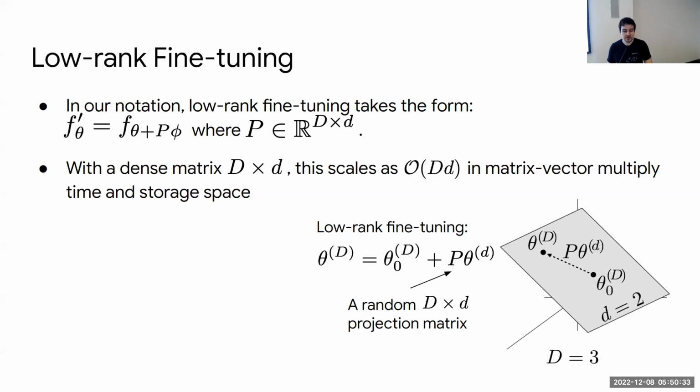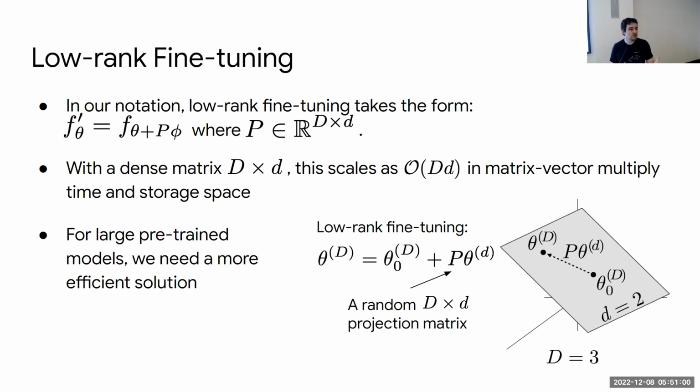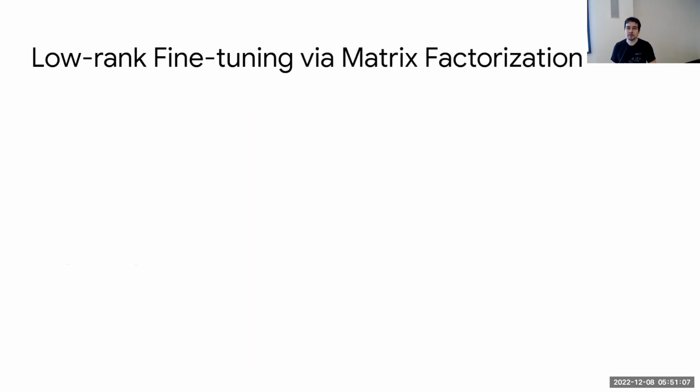The main downside of this, or one practical challenge of this general method, is that if you try to apply this to very large pre-trained models, which have hundreds of millions or even billions of parameters, it's very, very expensive to compute or keep in memory this huge projection matrix that is O of D. That needs to project from all of the huge parameters into a smaller subset. So for large models, we really need some way to scale this method. We need something that is more efficient in practice. And one way